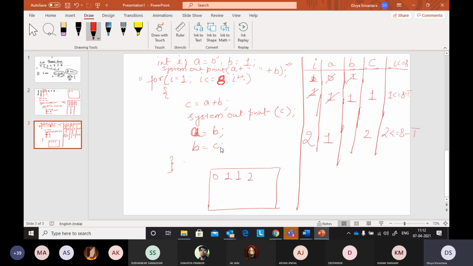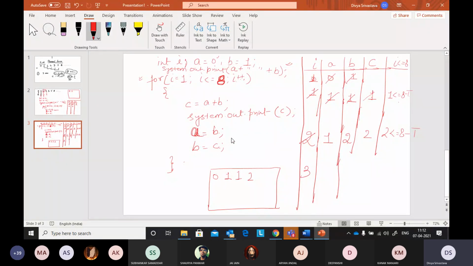And the value of B is C. That is 2. Okay. It will come here. The ending scope, it will check कि क्या for loop end हुआ है. For loop कब end होता है? Whenever this condition becomes false. But last step में the condition was true. So again it will do the increment of I. And now the value of I is 3.